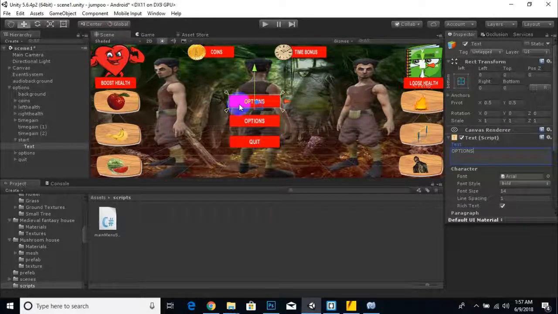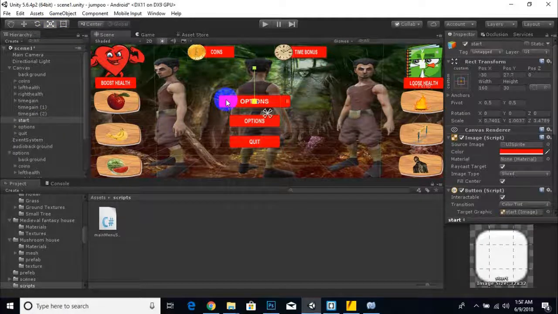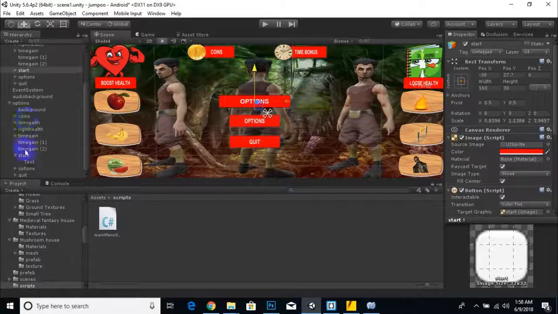This is the heading, and we can make this button a little bit higher like this, bigger like this, and then, sorry, what's happening? Oh sorry, we are selecting from canvas, so we should be here,